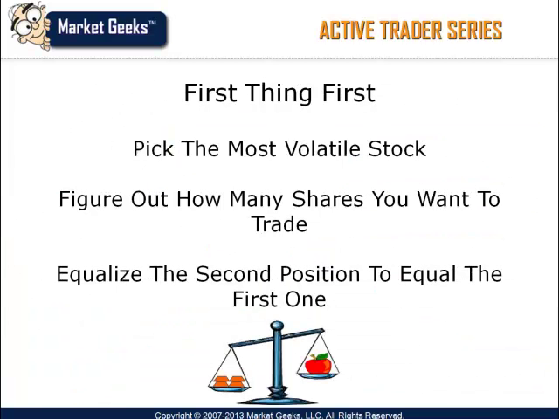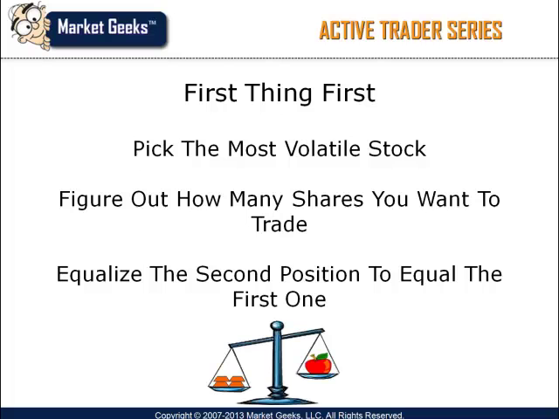Start with figuring out how many shares you would trade for the most volatile position out of the two stocks. In our case, Clorox is clearly more volatile than Symantec, almost twice as volatile. So we will figure out how many shares of Clorox we want to trade first and then equalize Symantec to that level as well. To make this simple, let's say we want to trade 100 shares of Clorox stock